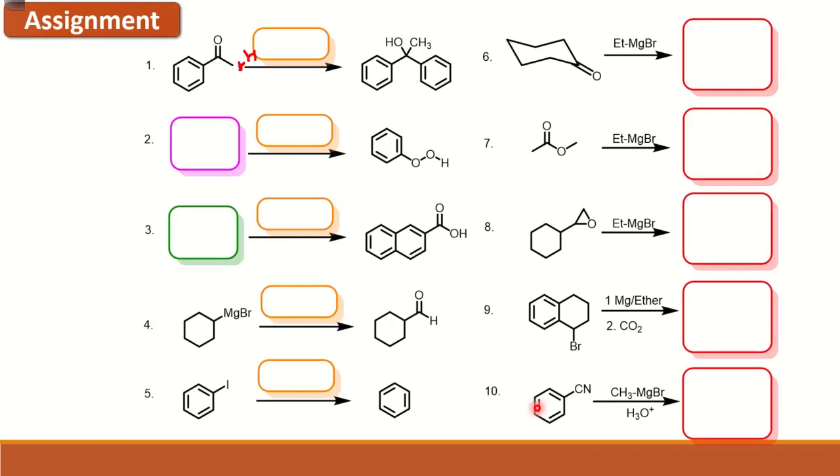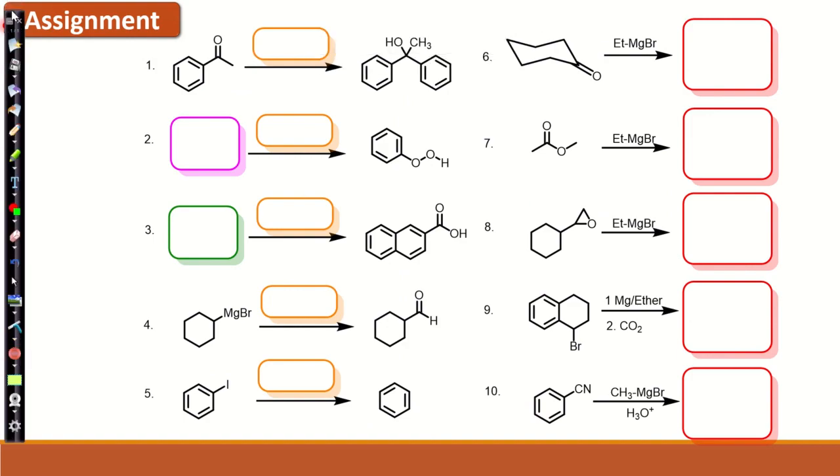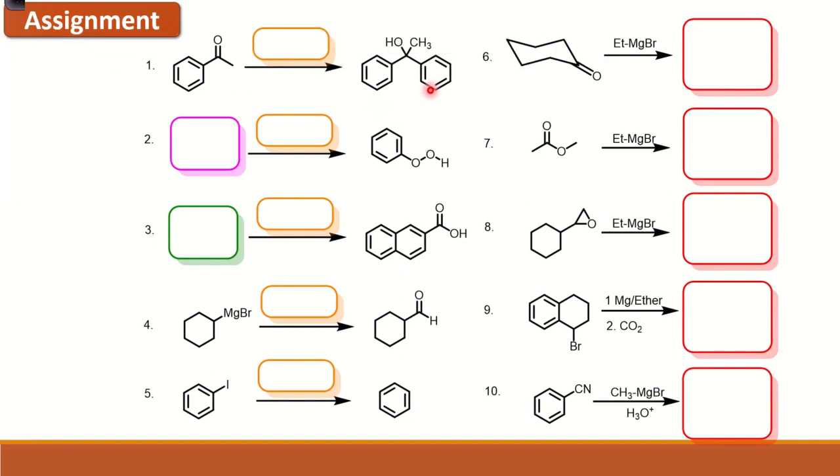So here is an assignment. In the assignment, there are several reactions. Now you can see here, like you have CH3 and then this carbon which is having oxygen, so you have OH here, you have CH3 also here. So what Grignard reagent do you have to add? PhMgBr. Okay, you have to form a peroxide. How do you form it? You add oxygen gas.